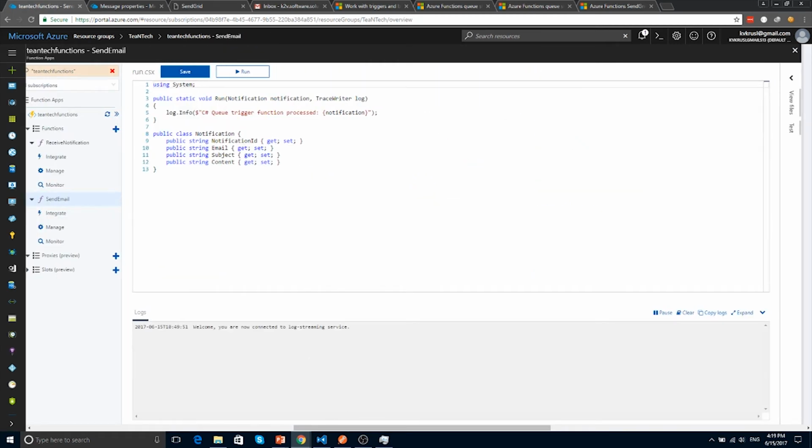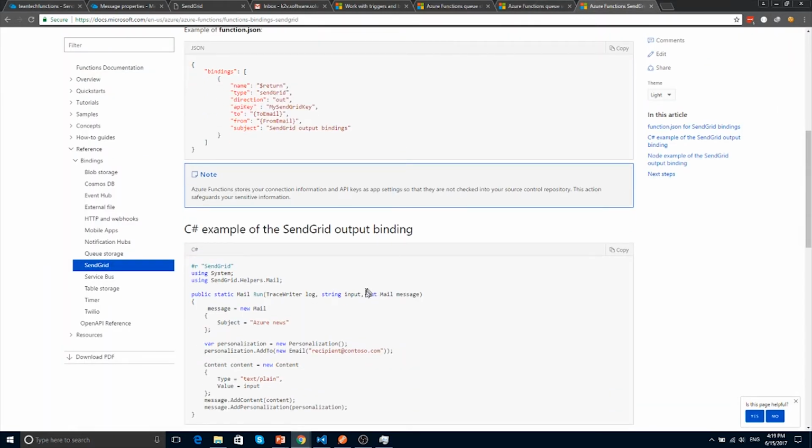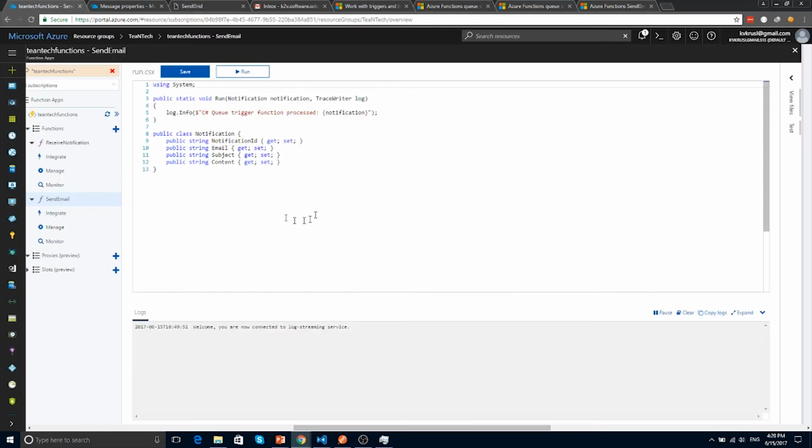Now what we need is, if you go into the documentation, what you need to do is actually bind to this email type, like this email object. So we can use the out keyword here since this is not an async function. So let's do that. Go ahead and add that parameter to bind that output line. I'm going to add that here, and as soon as you save,